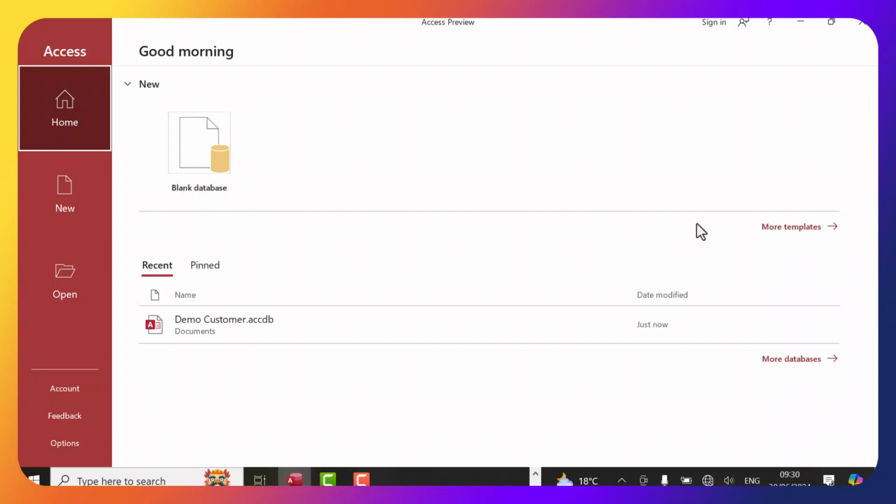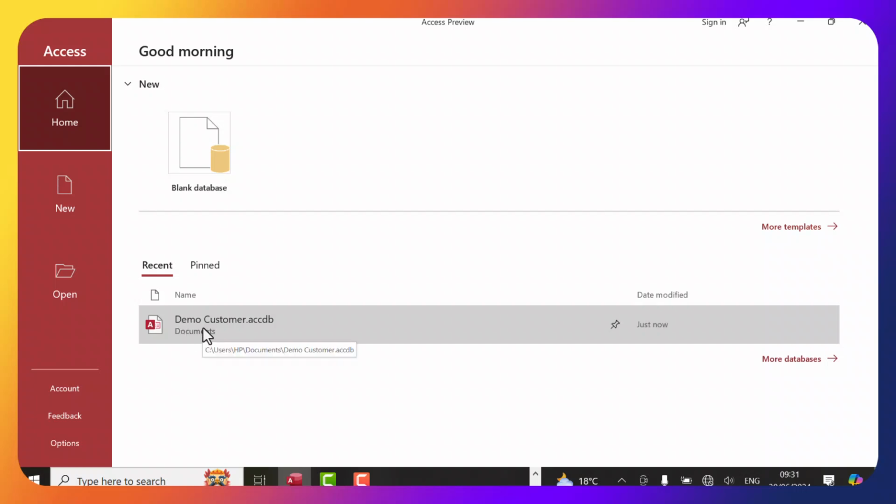Then on the main dashboard, let me call it dashboard here, you have access to more templates, which, if you click here and you're connected to the internet, you'll have all the templates to get started or maybe to look around. But in this video, I didn't want to show you the templates. I want to get you started on how you can use Microsoft Access. On this side, we have the recent, which shows you all the databases that you've already created, and it comes with